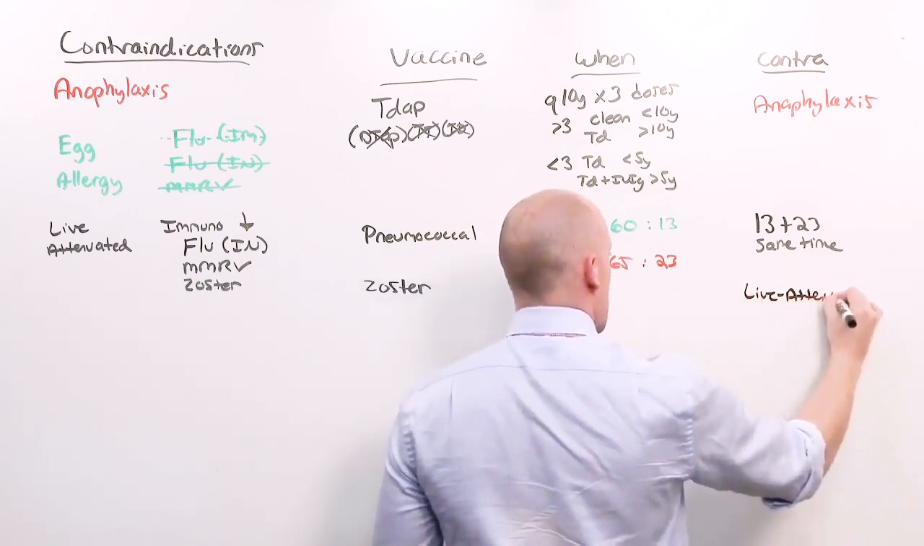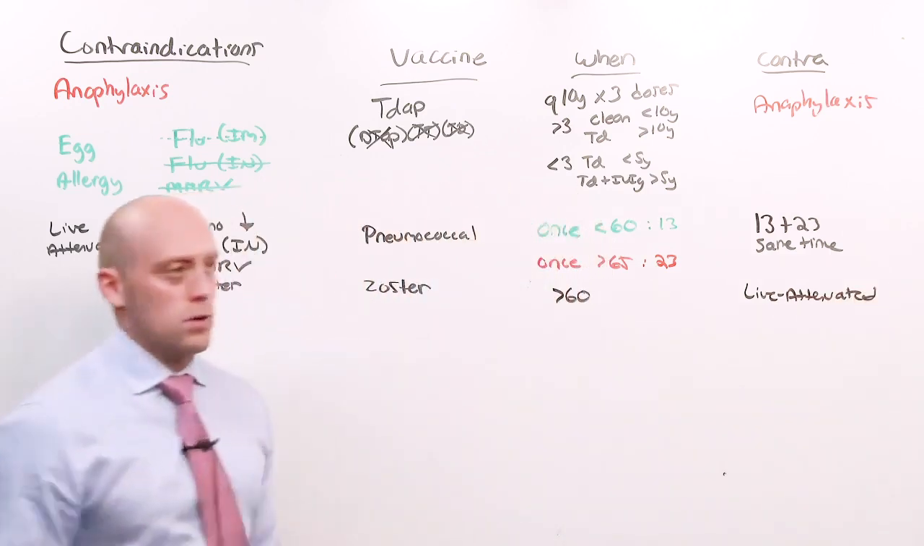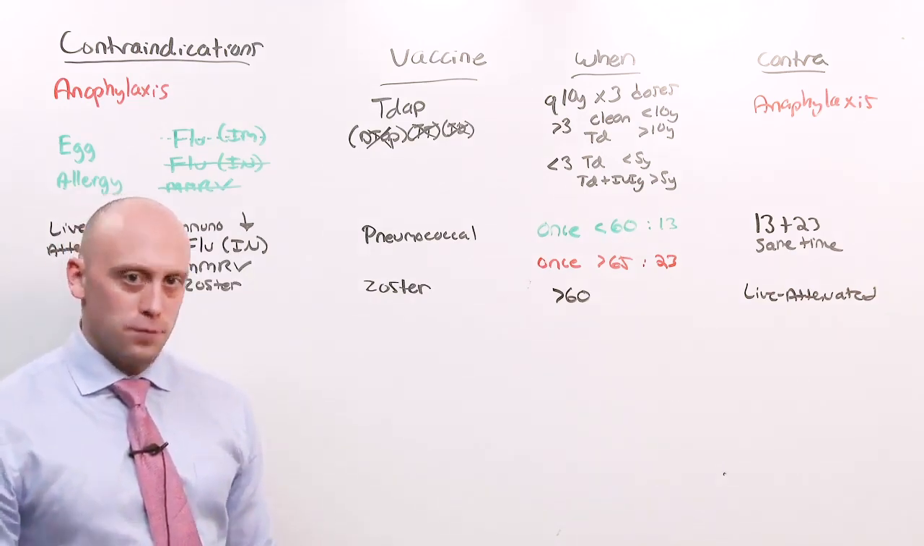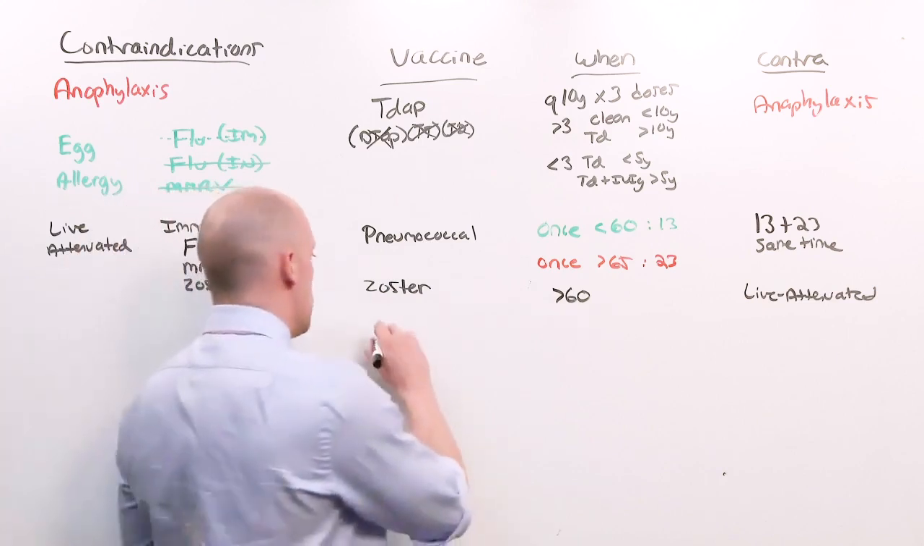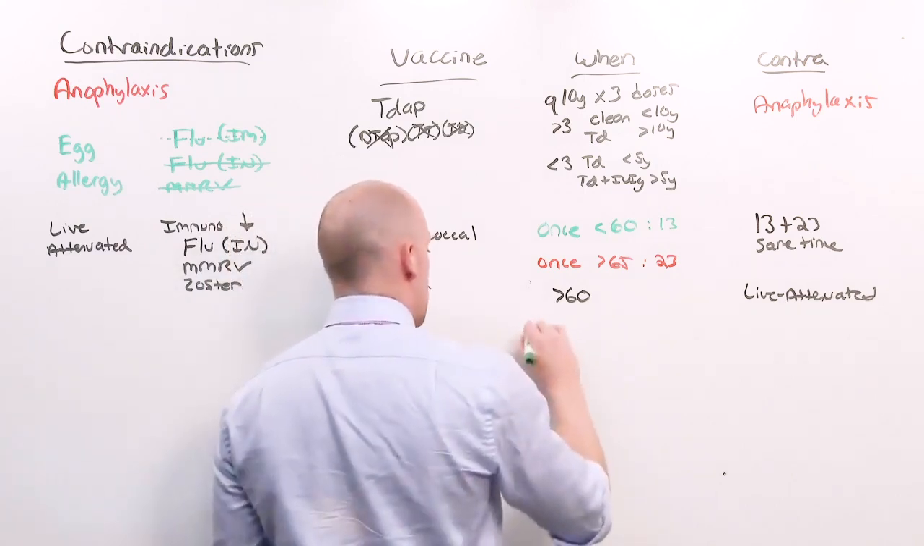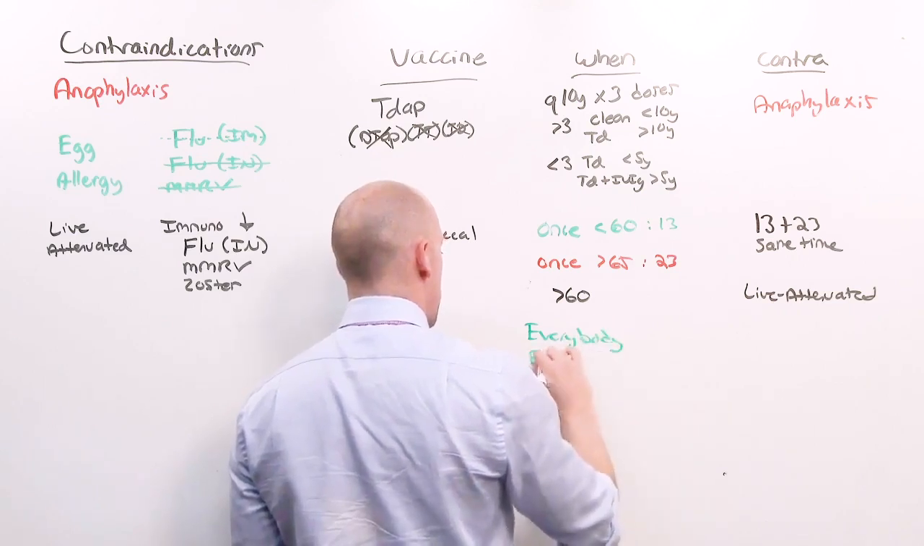So those who are truly immunosuppressed should wait till they're no longer immunosuppressed in order to get the zoster vaccine. Influenza must be given to everybody. It is everybody, every year,